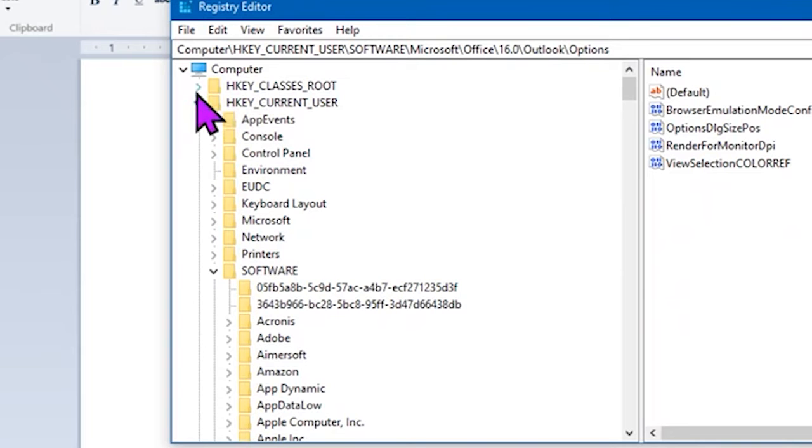Typically they're pointing to the right, which means there's more. If you click on the little arrow, then it'll point down and it'll drop down the subfolders that are underneath that main folder. So I went to HKEY_CURRENT_USER, clicked on the little arrow, it dropped down the subfolders. The next thing it told me to do was go to Software. So then I came down, I went to the Software folder, clicked on the little arrow to drop down the